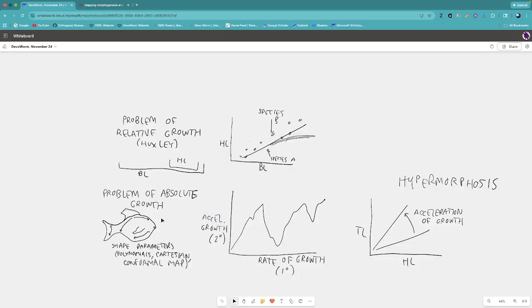But what D'Arcy Thompson was talking about was absolute growth, or the problem of absolute growth. The problem of absolute growth isn't about different body proportions. It's about describing the geometry of the organism. So here you can see that you have a fish, and you have these different axes upon which you're measuring. You can measure this in different ways. Basically, you're trying to extract shape parameters from this object. Now, he uses a grid, but that's